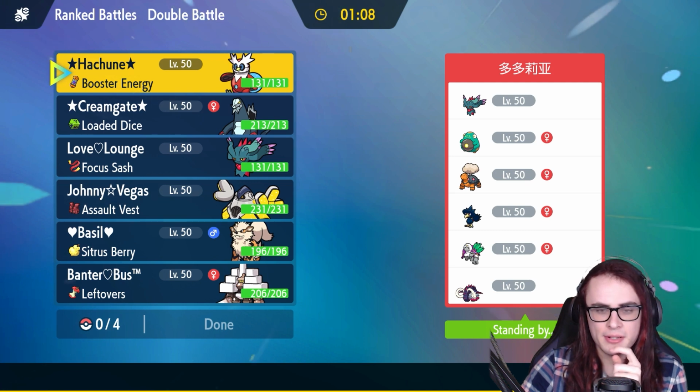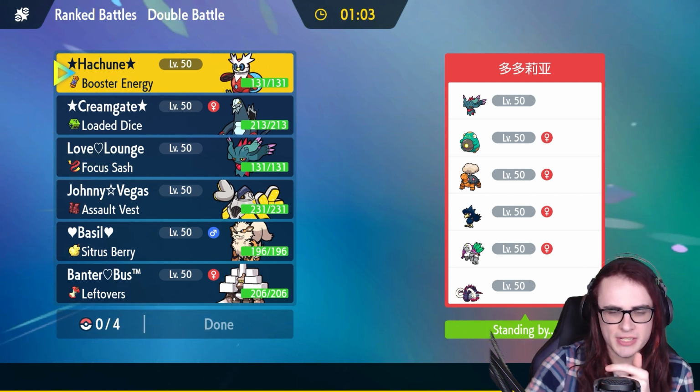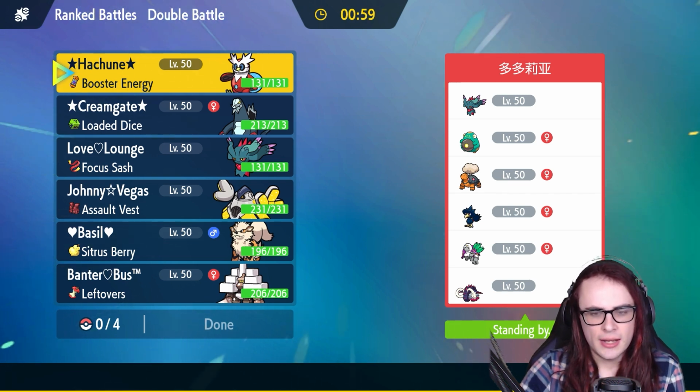Now, I'm going to assume that Murkrow, while it is a Tailwind Murkrow, has its main role here for Dondozo matchups, and it's meant to Haze it. That way stuff like Torkoal and Bellibolt can do more damage. The Great Tusk is probably going to be some sort of